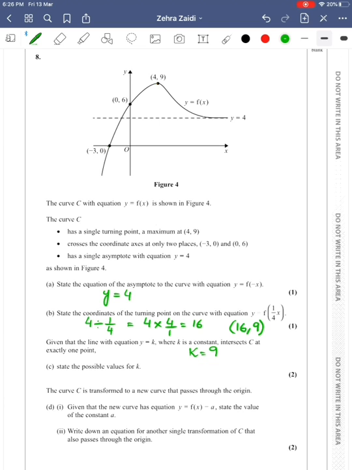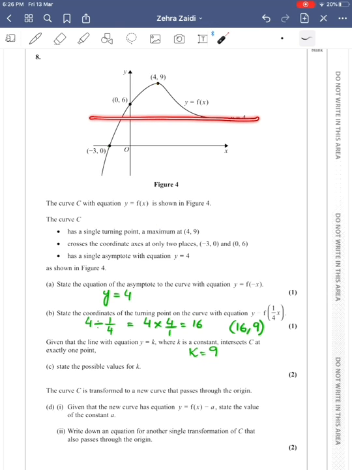Alright, so let's see if we have more lines that cross the curve only at a single point. Now if we have a line passing through somewhere here, we see that it crosses the curve at 2 points. Alright, if we move further down, it still crosses the curve at these 2 points. And if we move further down,